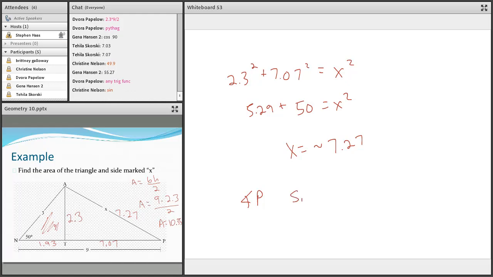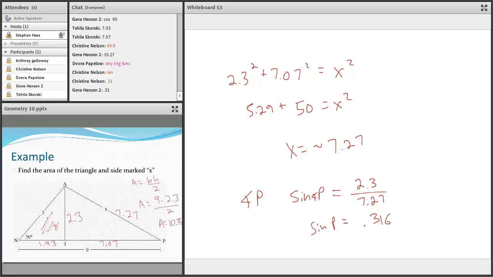So the sine of angle P equals the opposite, which is 2.3, divided by the hypotenuse, which is 7.27. What's 2.3 divided by 7.27? All right, I've got about 0.316. So the sine of P equals about 0.316. Okay, so let's go back to our